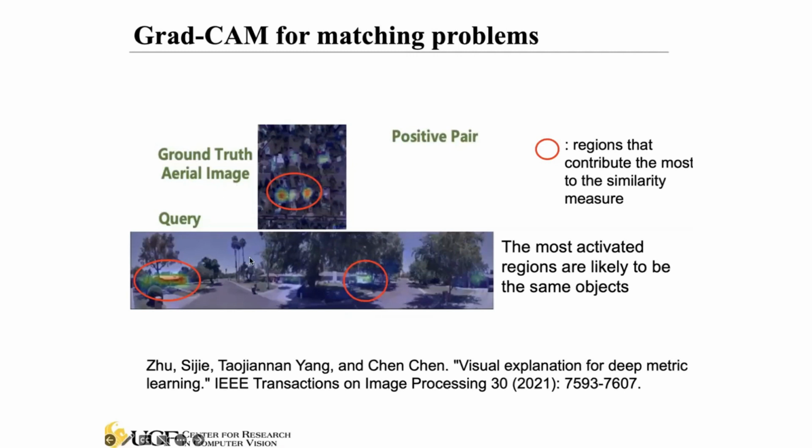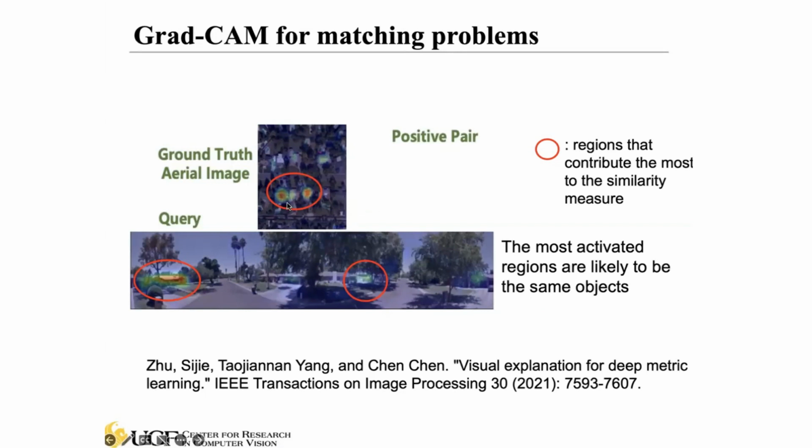Okay, thank you. So the input is the query street view image, and the database, the reference, is the satellite view, the satellite images. We want to find the correct match, corresponding to the same GPS location. We can develop this kind of retrieval or image matching framework, or network. And eventually, we also want to explain why these two images are considered a match. So we extend this Grad-CAM approach to this metric learning paradigm.